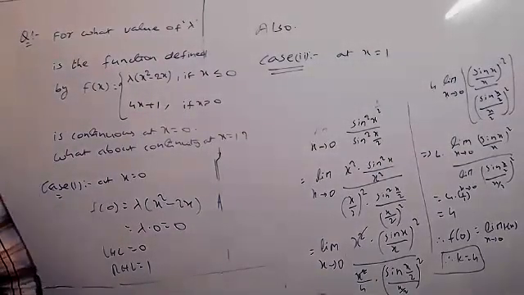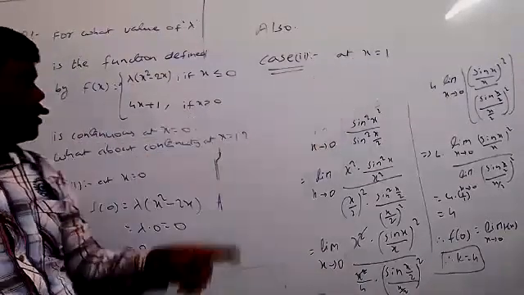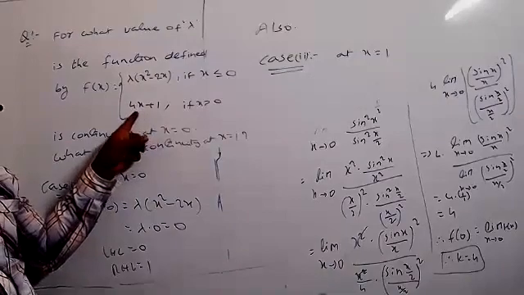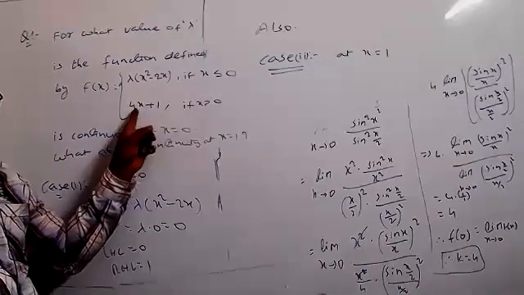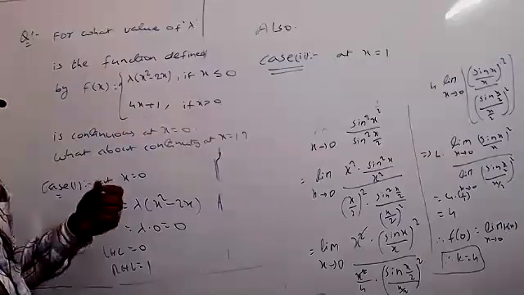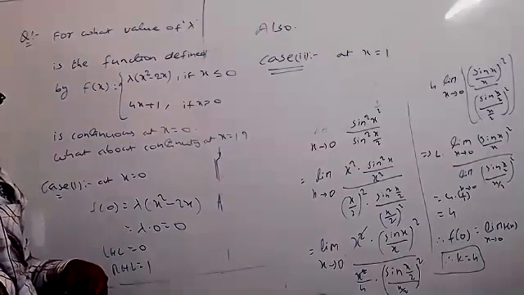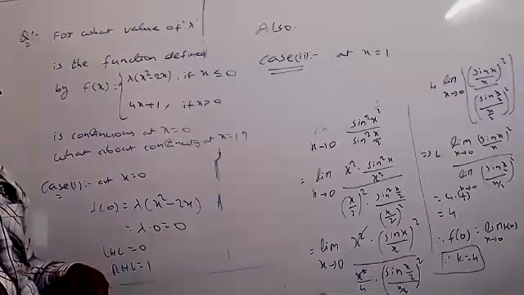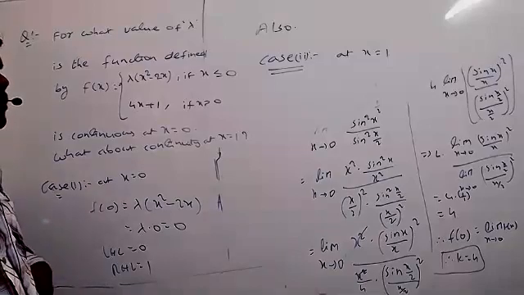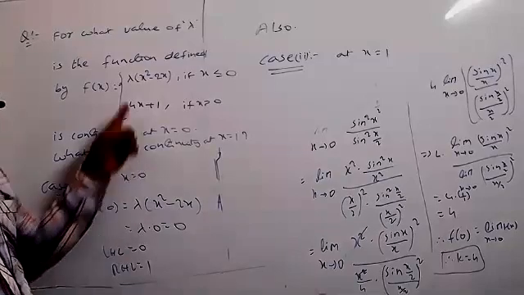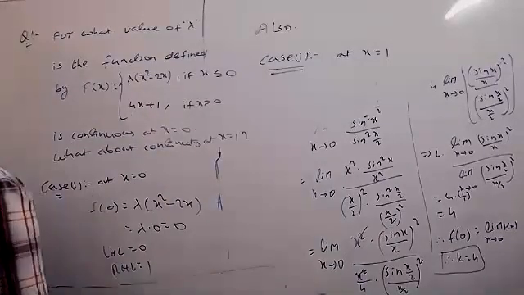Then where you get x equal to 1, tell me? X equal to 1, where you get the function? 4x plus 1, na? Because it is x is more than 0. That means 1 belongs to the same function now, 4x plus 1. In the same, if we take left hand limit, x less than 1, where you get, tell me, x less than 1, na? Lambda and lambda into x squared minus 2x, this function. Yes, find it.